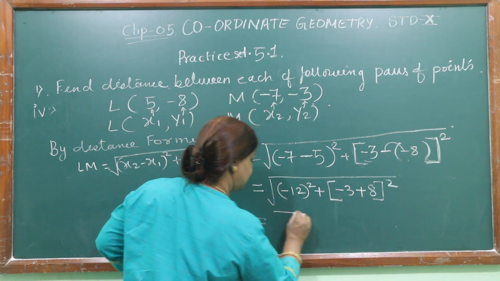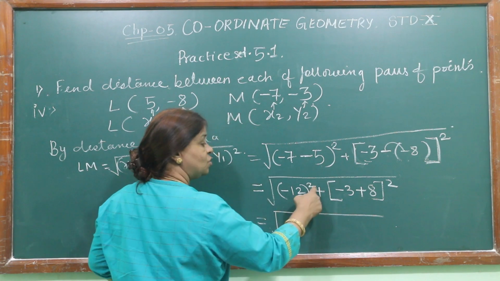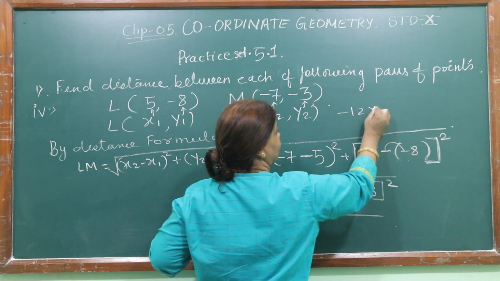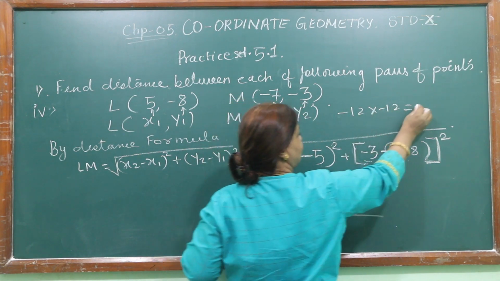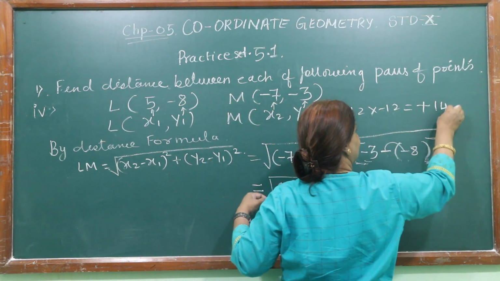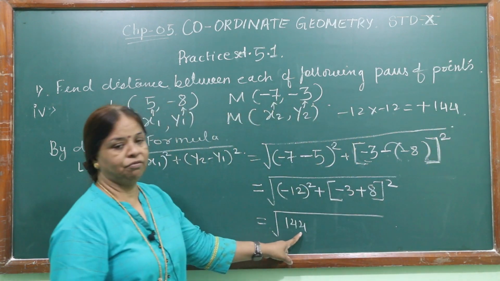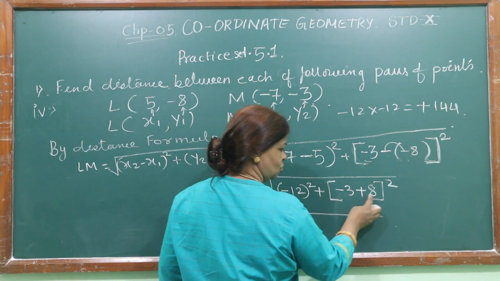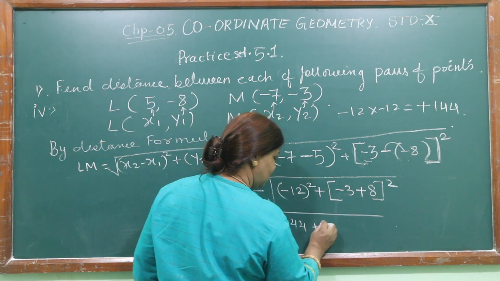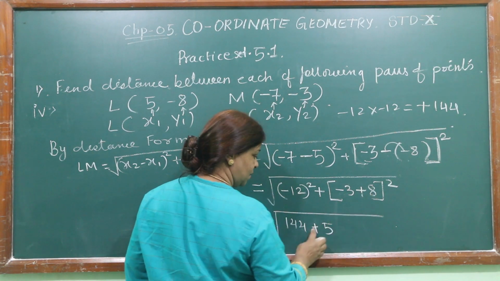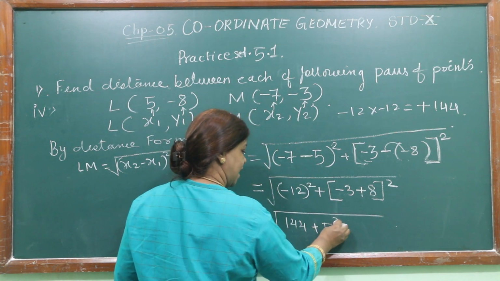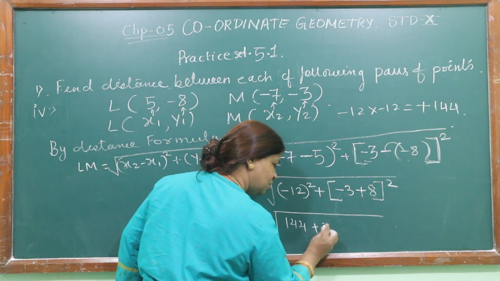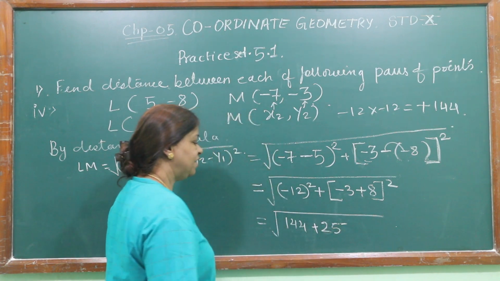In the next step, minus 12 the whole square will be 144. See, minus 12 into minus 12 is minus plus, 12 12s are 144. So 144 plus 1 is minus, 1 is plus. So subtraction will be done. 8 minus 3 will be 5. Sign of greater number plus square. 5 square. Here only I am writing 5 square is 25. So what are we getting?